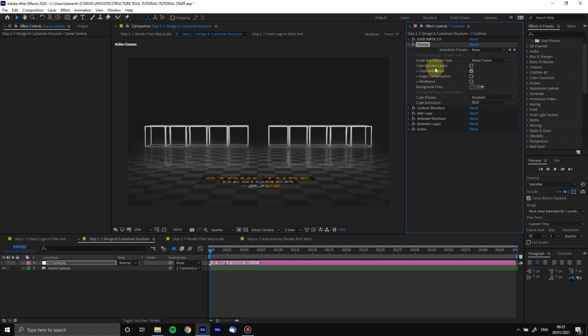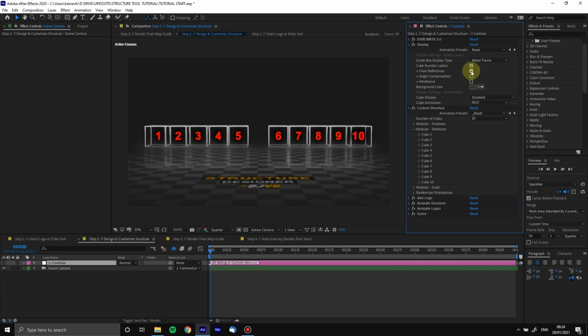So cube number labels, if I click this here, everything to do with display, by the way, of course, is in the display rollout. It's pretty self-explanatory. If you're building the structure, it's in here, and then so on and so forth. So in the next rollout, if you're going to start moving the positions of these cubes and rotating and scaling them, it is sometimes easy to lose track of which one you're trying to edit. Okay, so if you click on the cube number labels, it just identifies which cube is which, which is kind of